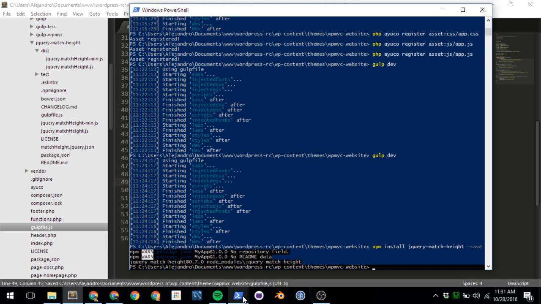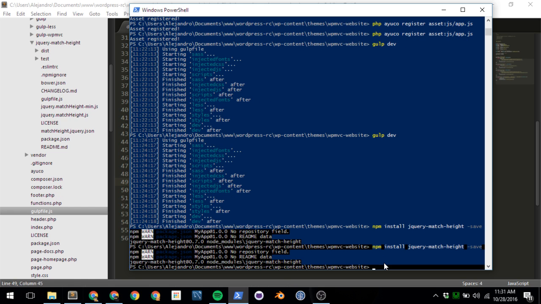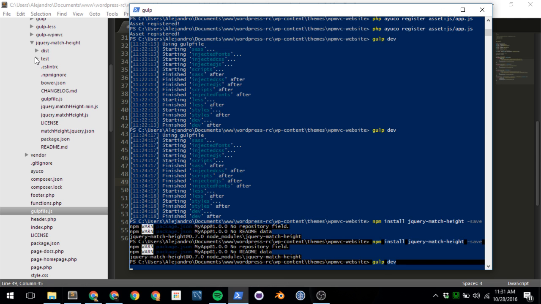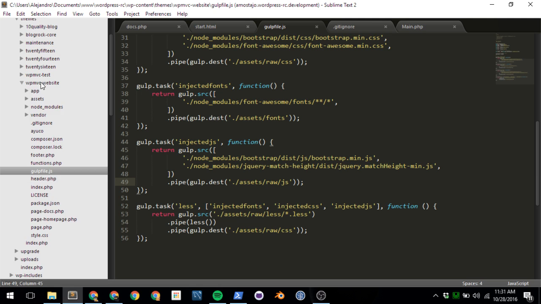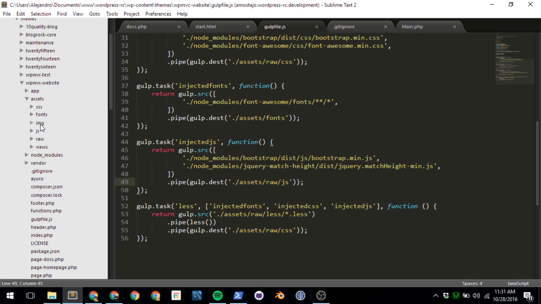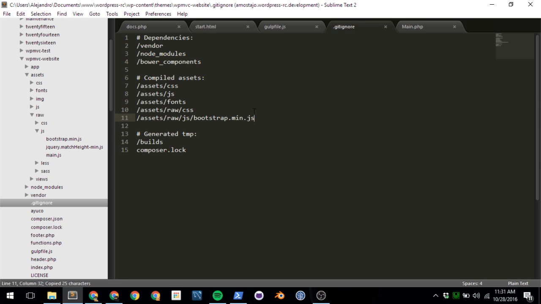So now if we run gulp dev, oh sorry, gulp dev, and we go to our assets, in our raw files we should not have this file over here. Obviously I'm going to include this in our git ignore,